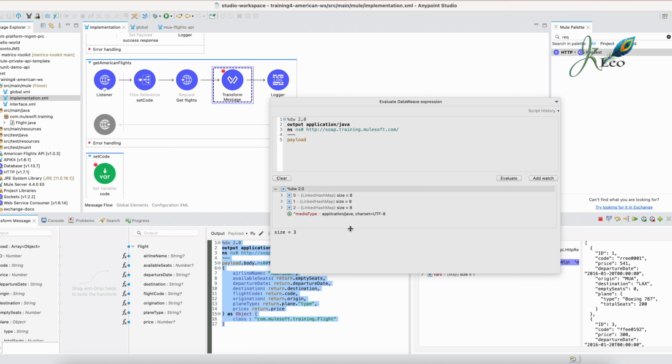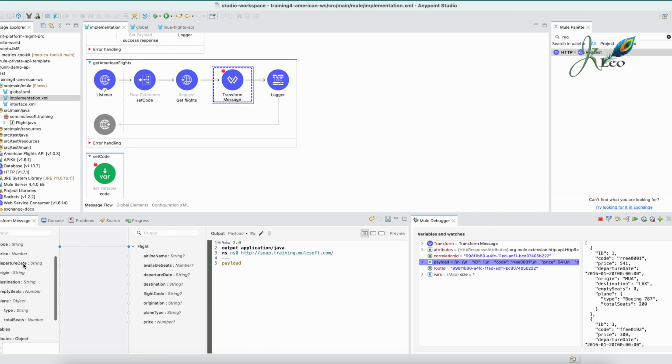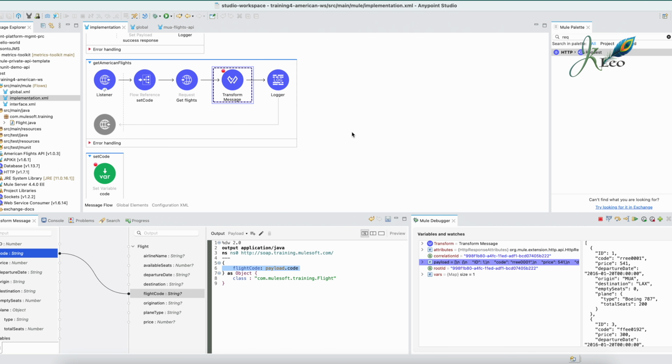So I'm getting payload. So I just dropped a payload to create this namespace. From now it should be pretty much writing the code by itself. Let's just type OK for everything,